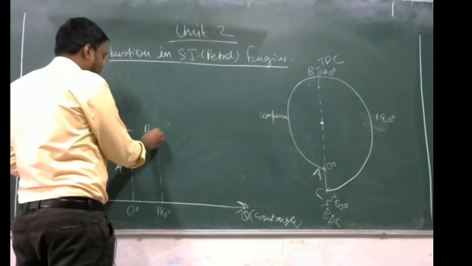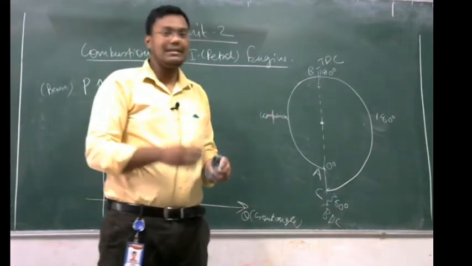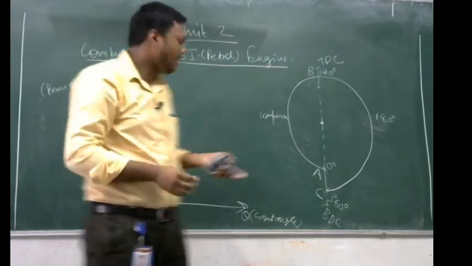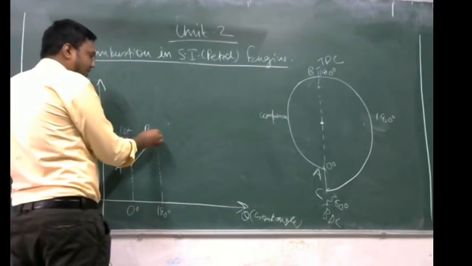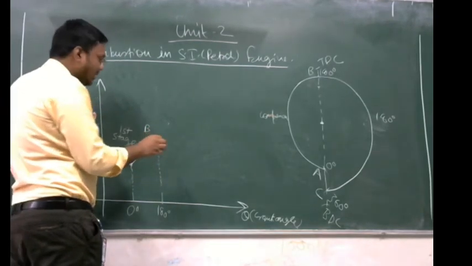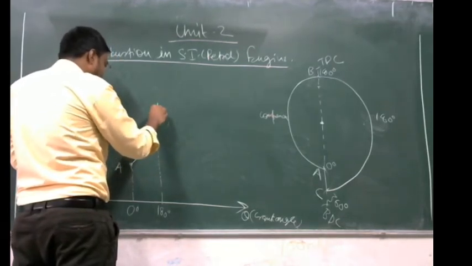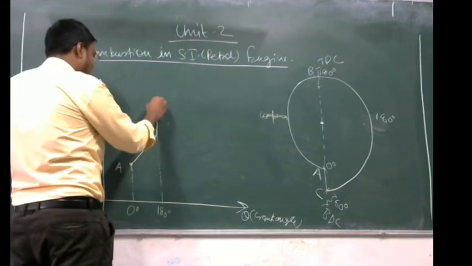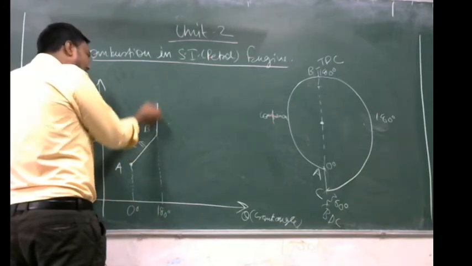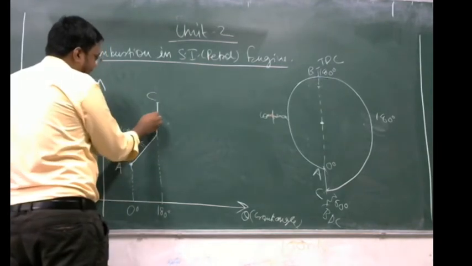We have to keep the crank angle constant, but during the combustion process pressure increases at a very high rate. Pressure increases rapidly from point B, but the crank angle will not increase. So here we have to draw a vertical line because the crank angle is constant. On this vertical line at any point the crank angle is constant at 180 degrees, but pressure increases very sharply, very rapidly. So from B to C, it is the second stage of combustion.